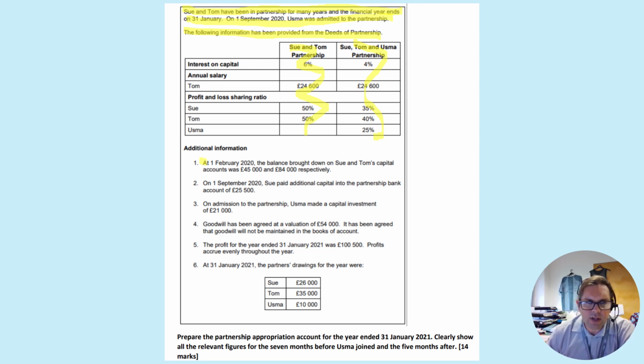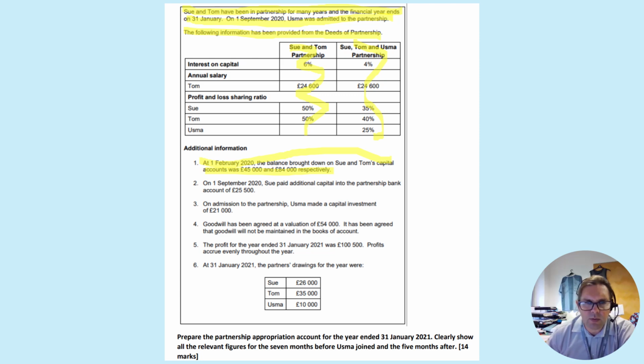So if we look at it, the 1st of February, we've got the opening capital balances. Apologies for my wonky highlighting. Trying to use the mouse unsuccessfully, and so obviously for interest on capital we would use that, but only until the 1st of September. So you've got a period of time from the 1st of February to the 1st of